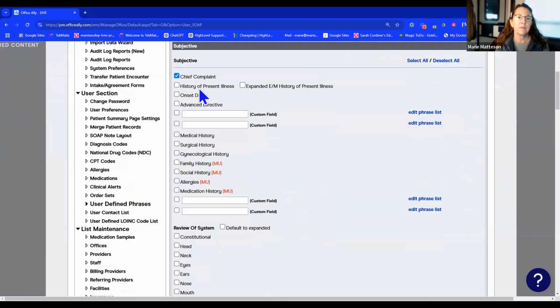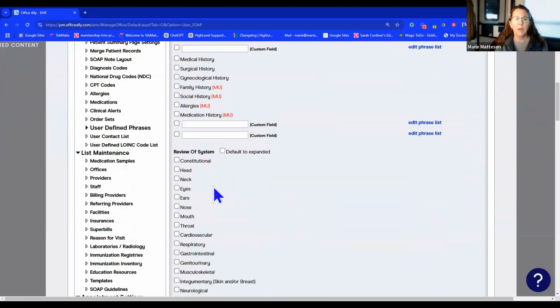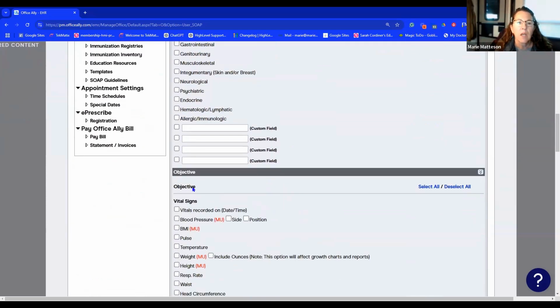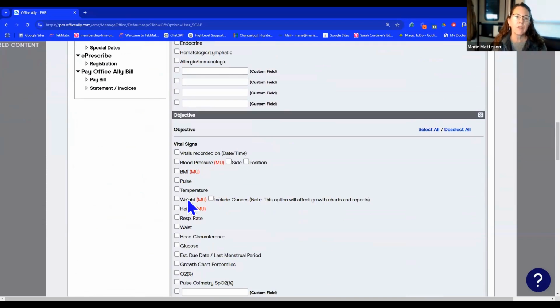That is our subjective, and subjective does show up. Sorry, there's a fly. Objective: do you need any of these things? Do you want their vitals to show up? Any of that? If you do, check the box and then it will show up and you can fill those